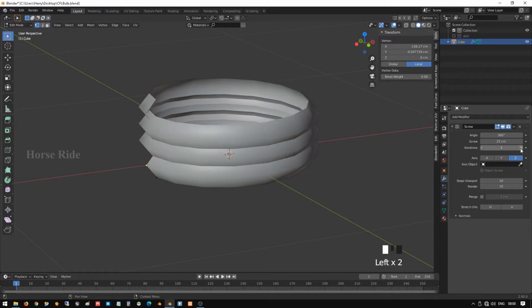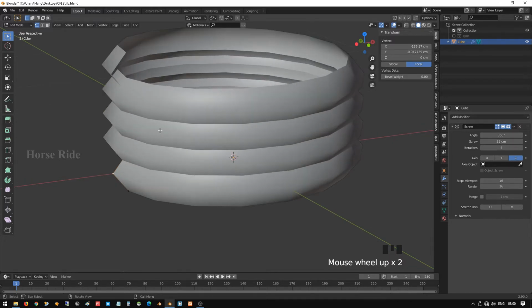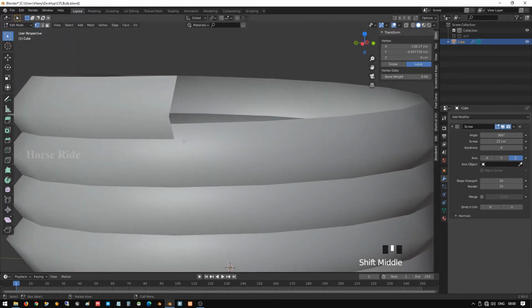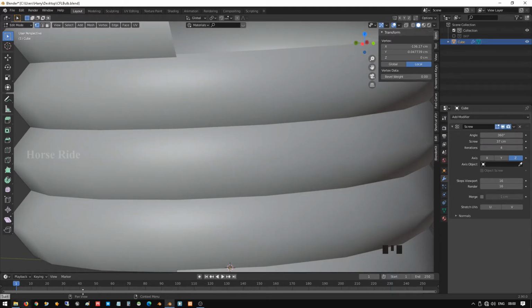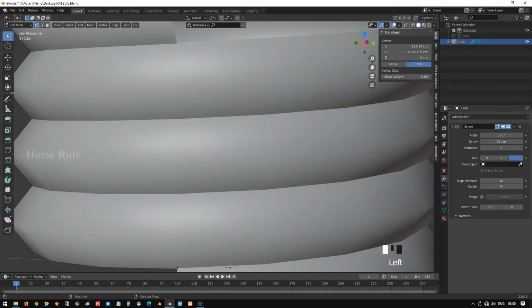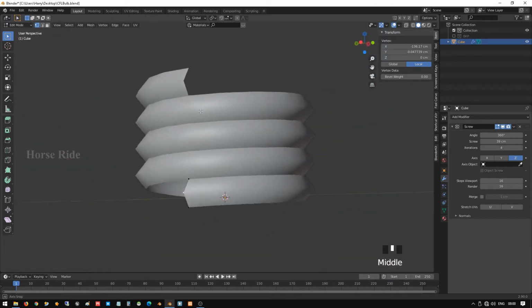After that, here add 1 2 3 4 loop cuts. Here you can see it's getting merged, so we can add one more and make it 37. Okay, it's still not good, we can make it 39. Yeah, this is better, much better. So now it's created